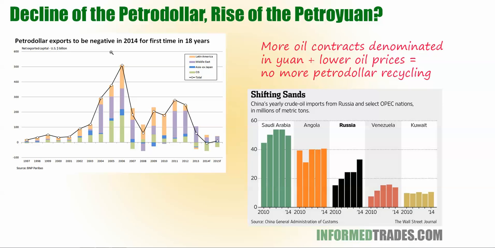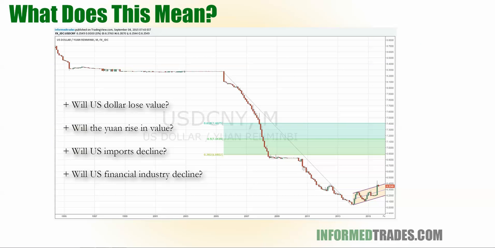So if this trend continues, that means that the petrodollar countries, the OPEC nations that are exporting oil and taking dollars in, if their exports are negative, that means they won't have dollars left over to recycle into buying U.S. treasuries. That means there's less demand for treasuries, there's less demand for the U.S. dollar. That could lead to a spike in U.S. Treasury interest rates. That could lead to a sell-off in treasuries. That could lead to a sell-off in the dollar. And that could lead to a major shift in the U.S. economy overall, right?